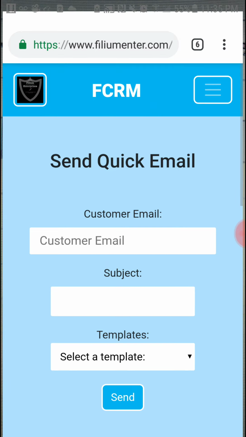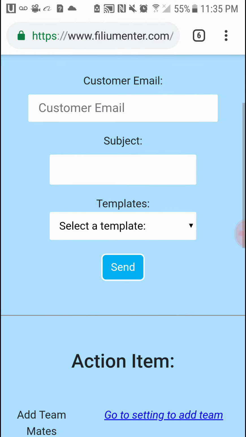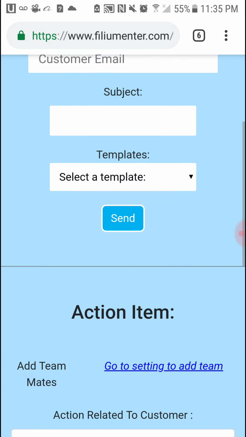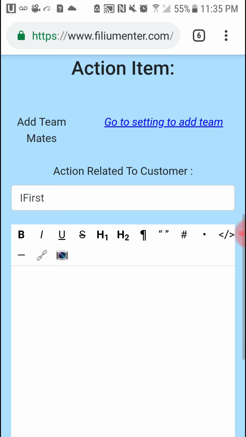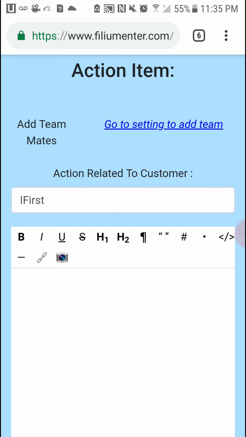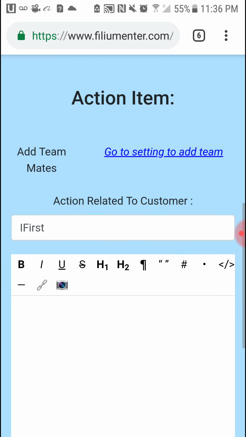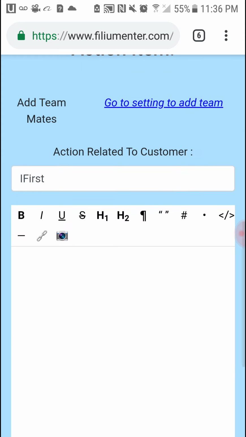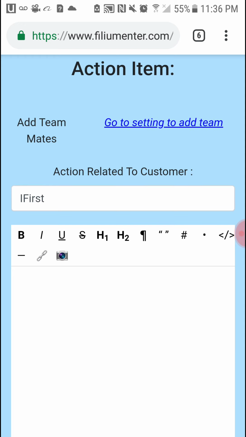So going back to here, now we've already done this. We've done send a quick email. The next thing is you can send an action item. So let's say you've got a teammate or an office administration person, a personal assistant, maybe a partner in the company, somebody that you want to know that there is something going on with this new client that we just met, and send an email to. You can actually go to settings and add a team member, right? So there's a way you can do that. And once that team member is added, you can send an action item regarding iFirst, for example, the customer that we just met,